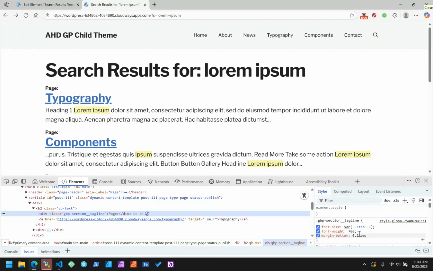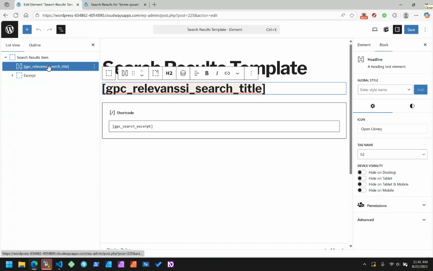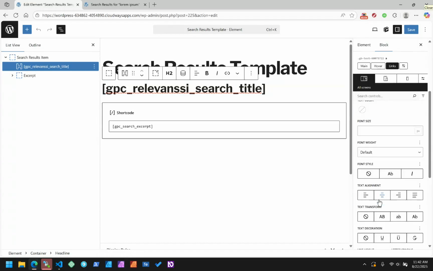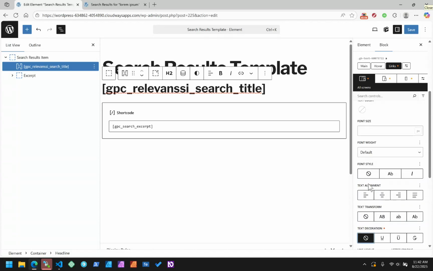So that's in my global styles. And we can change the color of it if we want to. I know that for this, we're going to go to links, typography, and first of all, we're going to get rid of the underline, and